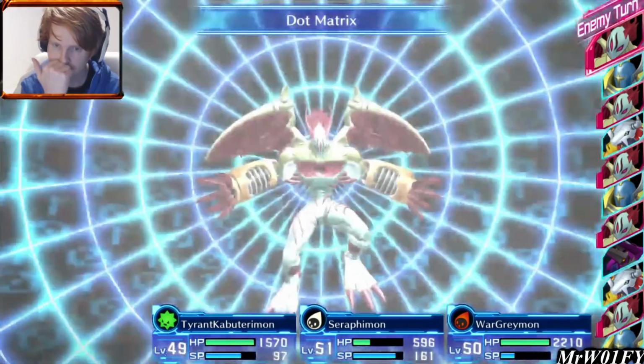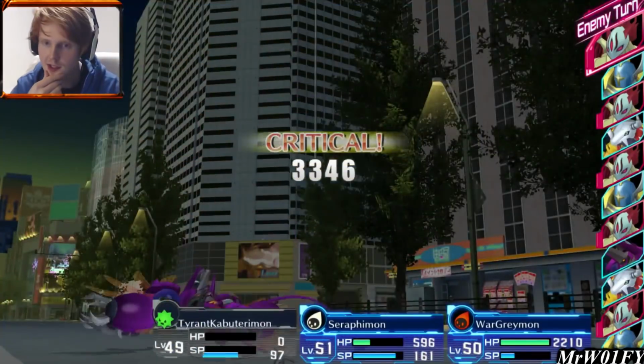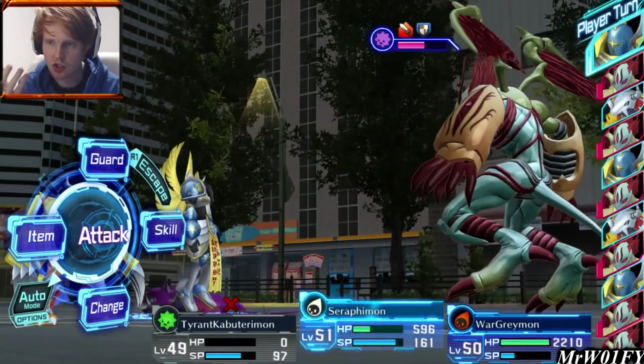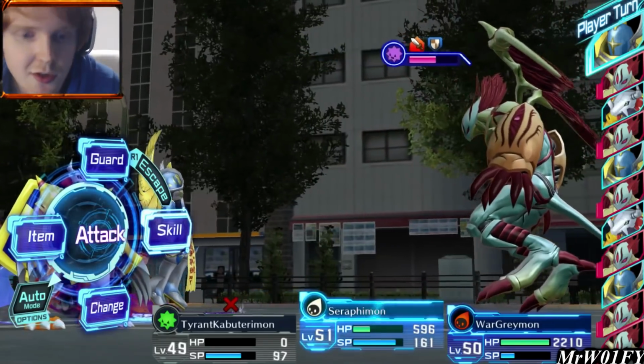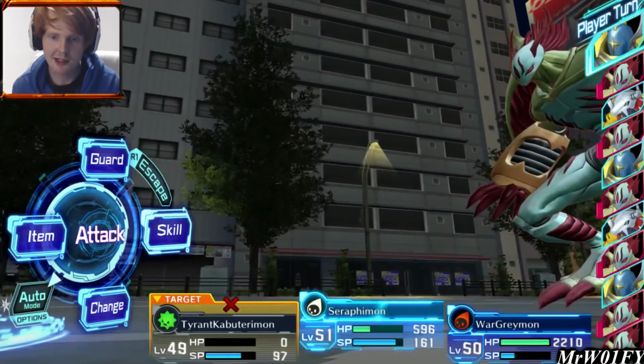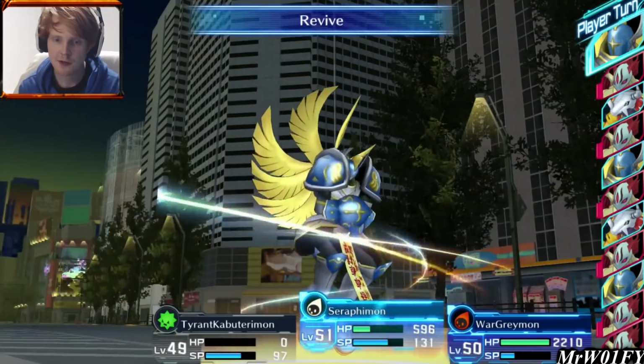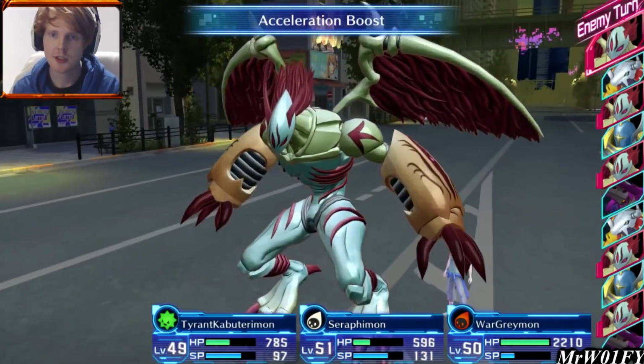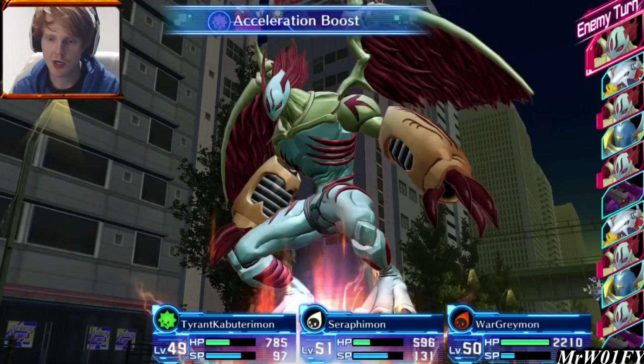Dot Matrix. Who's it going to hit? Tyrant Cafeteriamon goes down. Oh, fucking hell, he gets so much HP back, man. Dude, this guy's stressing me the fuck out. Alright, let's use a revive here. I think this is the play. We'll try and conserve as many items as possible. Acceleration boost. Alright, nice. So Wargreymon is going to get a chance to...